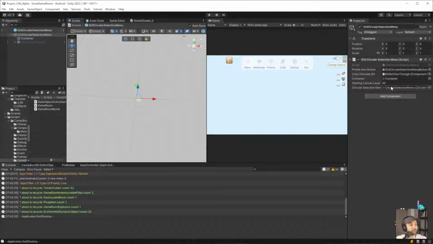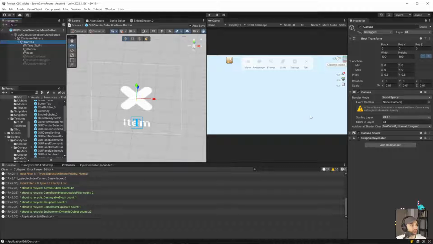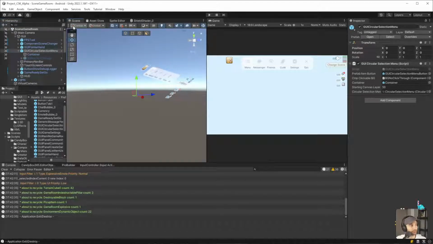So that's the interesting thing, where did that 2 come from? That came from the friends one, but I want to see the prefab though. So this prefab has a canvas with an order in layer of 41. So again, where did that 2 come from? Let's see if we can track it down.